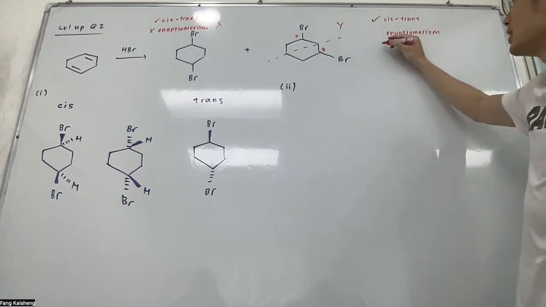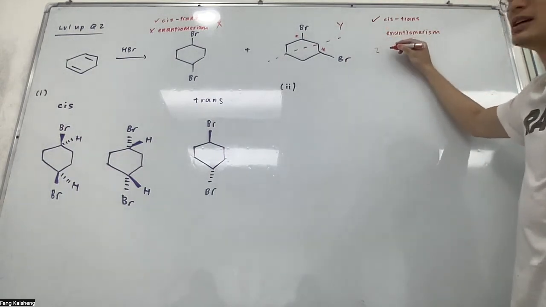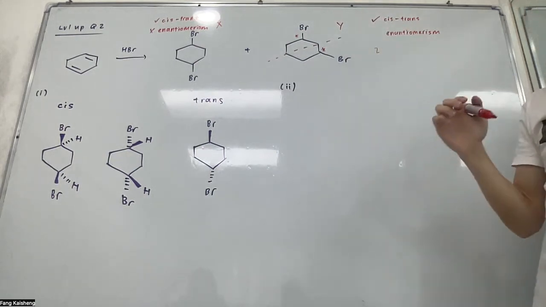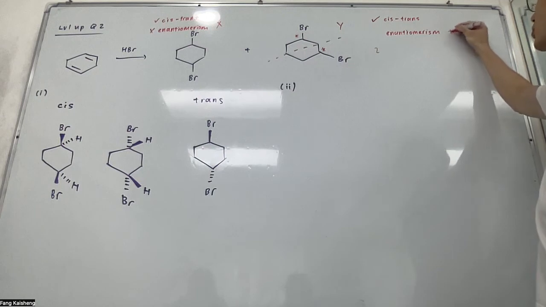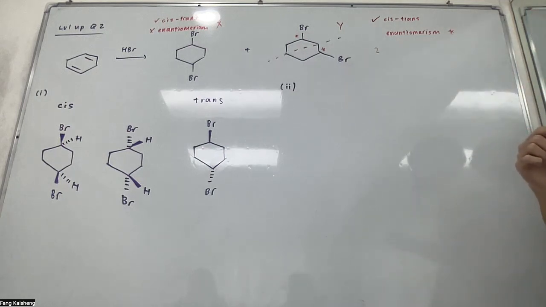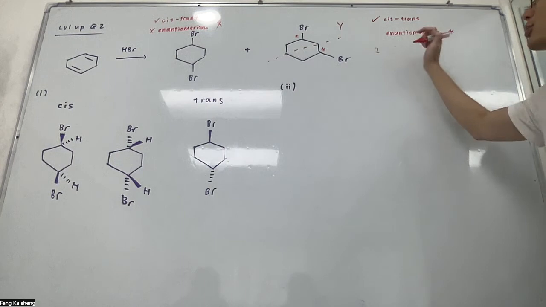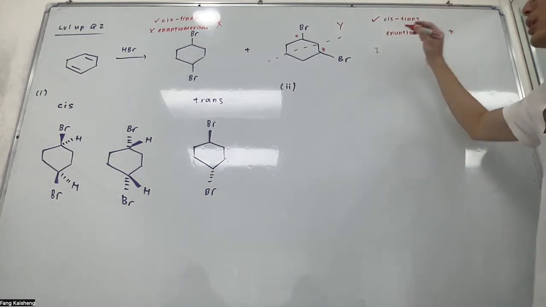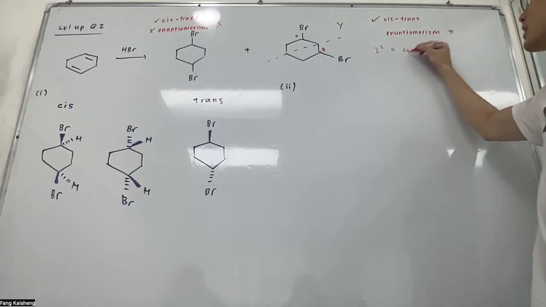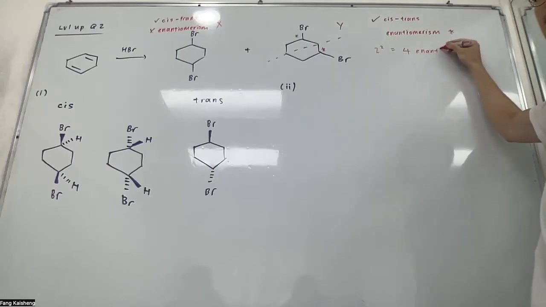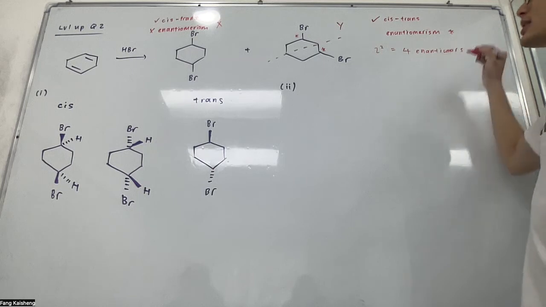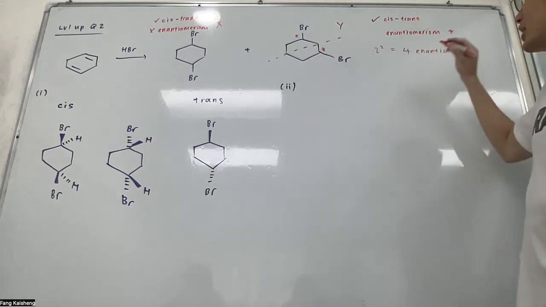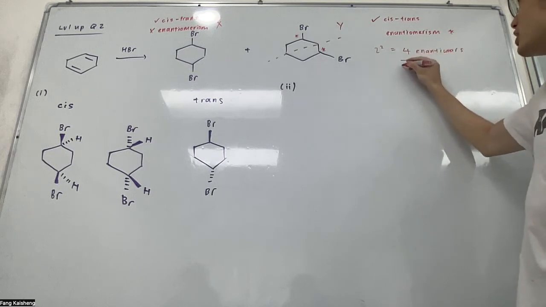Okay, you'll see why. Okay, so he has two chiral centers. What's the total number of enantiomers you can expect to get? Okay, I'm only focused on this guy, enantiomers. How many enantiomers can you get here? I'm not concerned with cis-trans. If you have two chiral centers, so it's 2 to the power of 2. You should get 4 enantiomers in total, right? But because there is an internal plane of symmetry, the total number of enantiomers actually is only